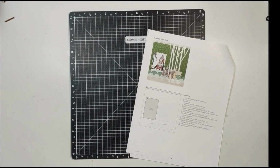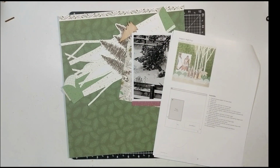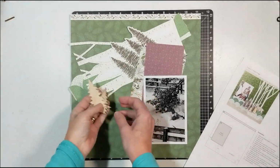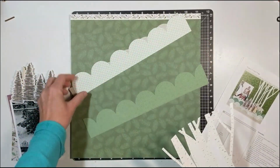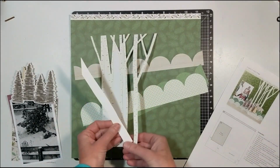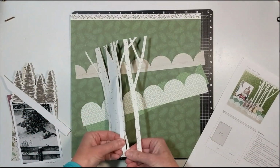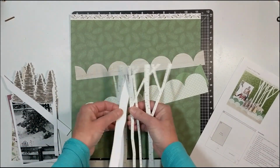Again, I add my own little twist to this layout, but I mimic my washi tape, the zip strip. I stick with 1 photograph. Again, I use my 3 scallops, but I just flip it and I do the same thing. I start at the 4-inch mark. Right now you see me getting the birch wood